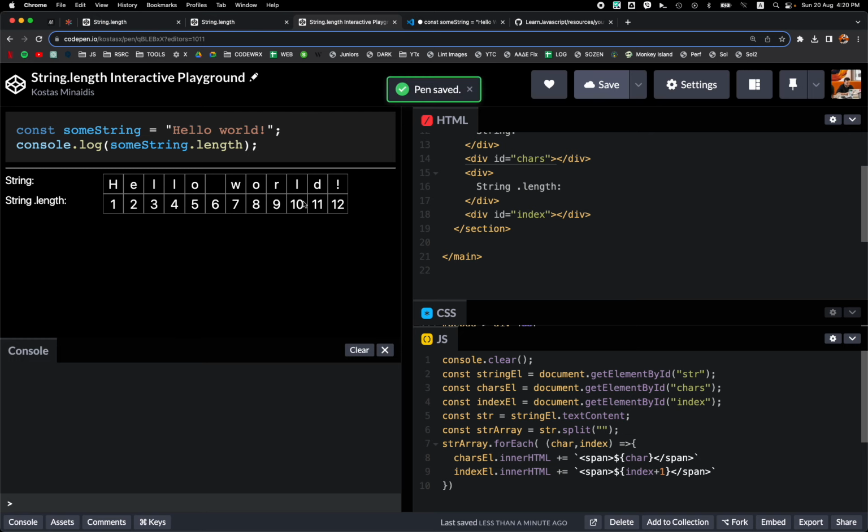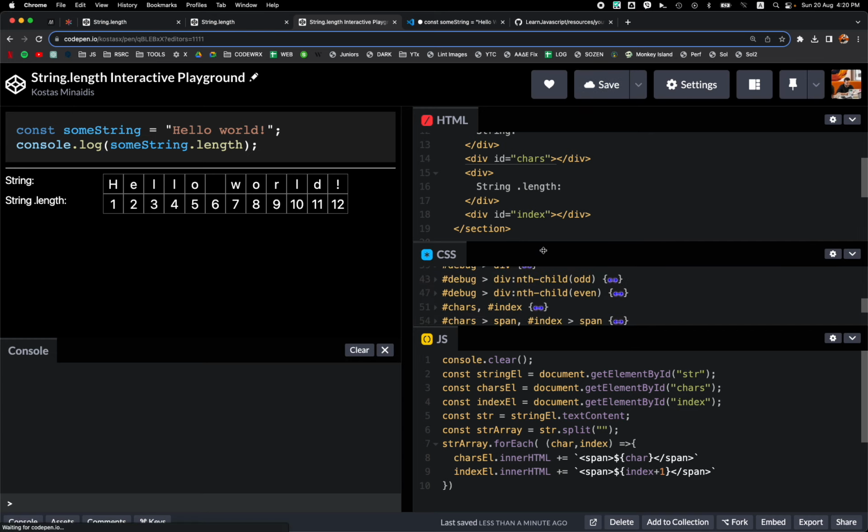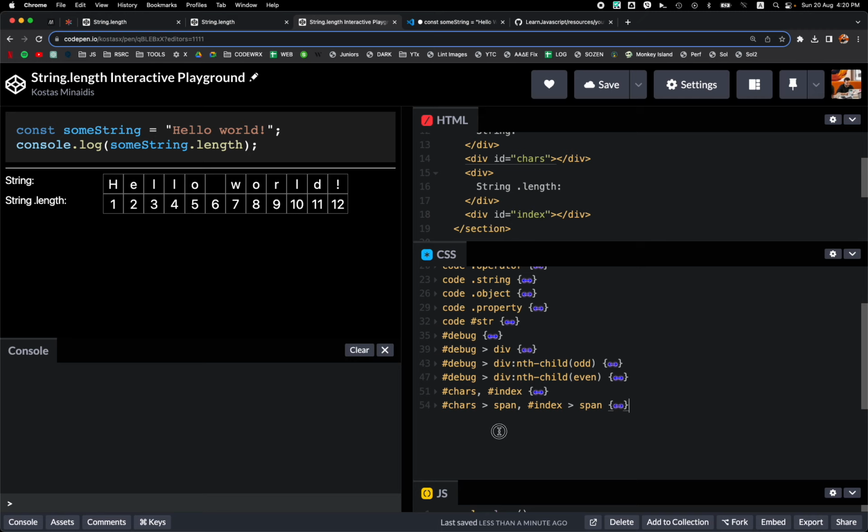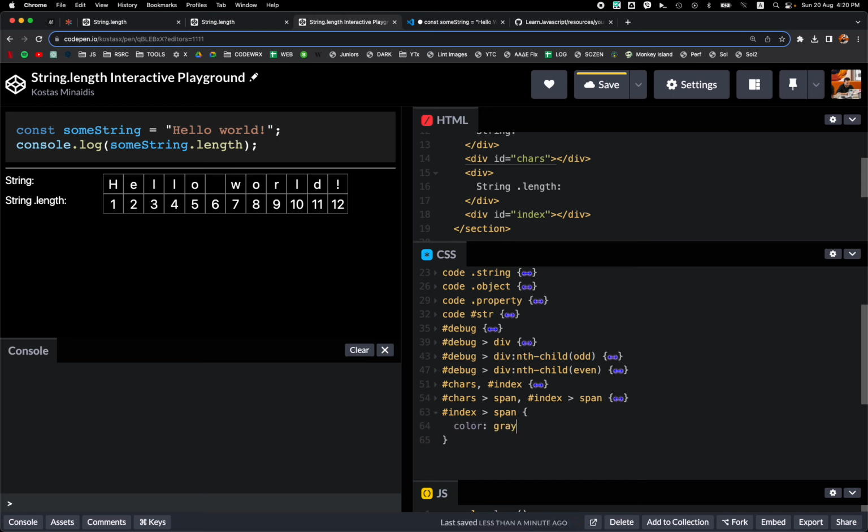Okay, I have all these characters. This looks really nice. Let me just style this differently from the string. So I'm going to go here and find the index, that's the spans inside the index. So color gray to give it a slightly different color. And I also want to highlight the last element in this section because this is actually the length. This is what the string length property gives us, the last count, let's say, the number of elements contained within